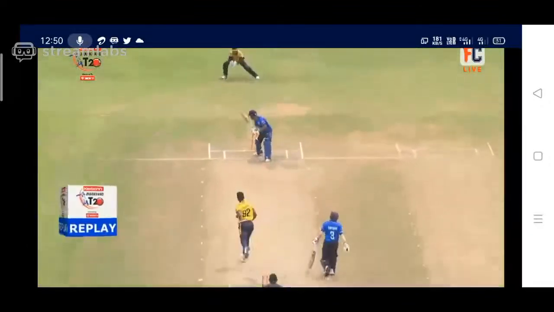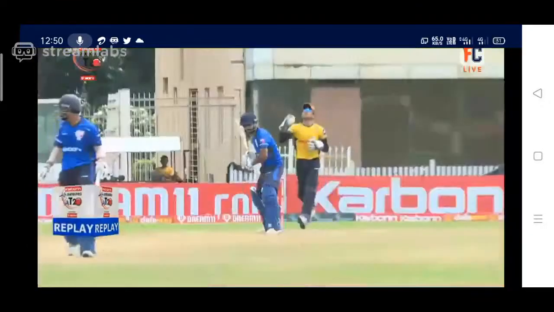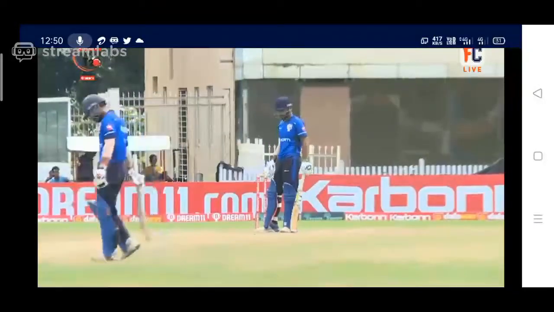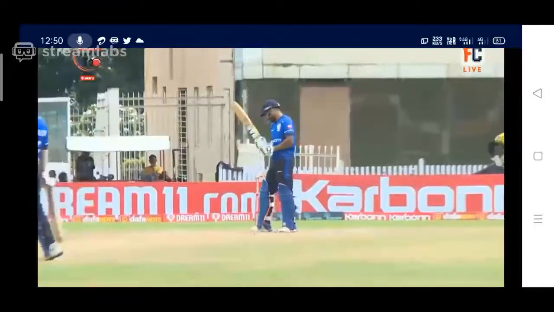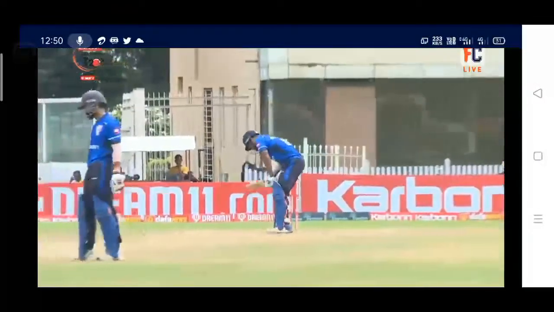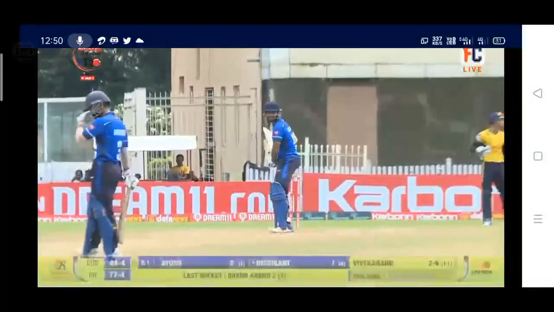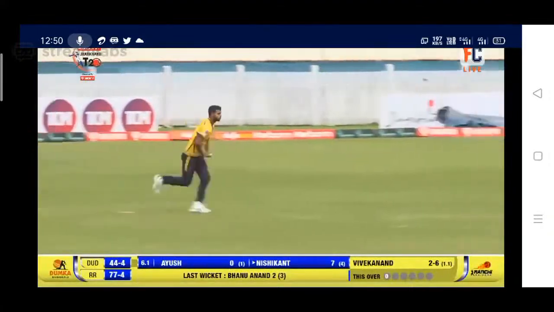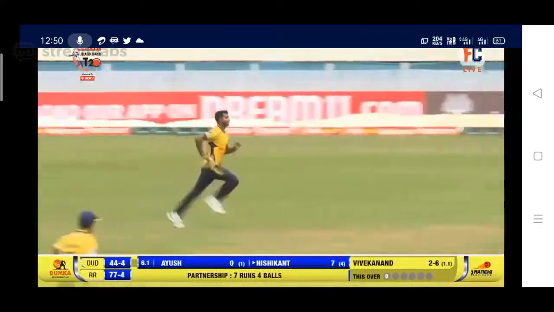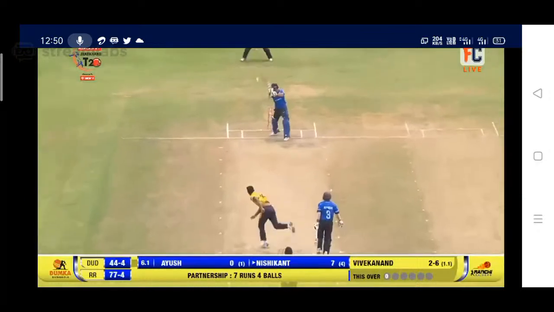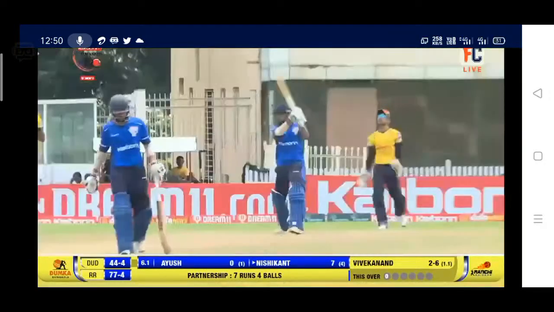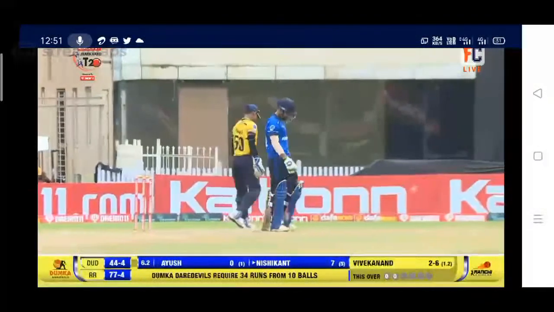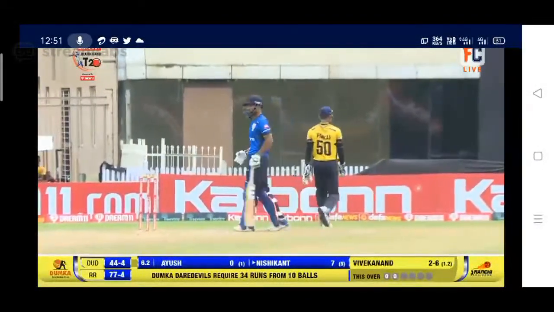And that is much more dangerous for the batsman, because when the ball is moving, you can't do anything. If you're trying to drag it down to onside, you're taking that extra bit of risk. This time he failed to connect. Up comes the second ball. Once again the same thing, just outside the off stump, rising, failed to connect. Very well bowled by the bowler Vivekanand.